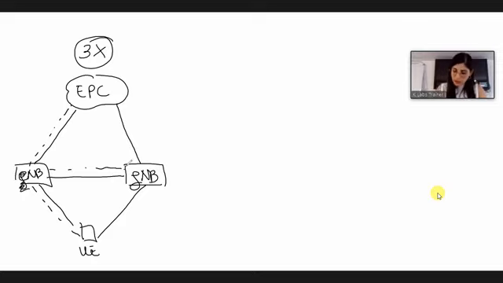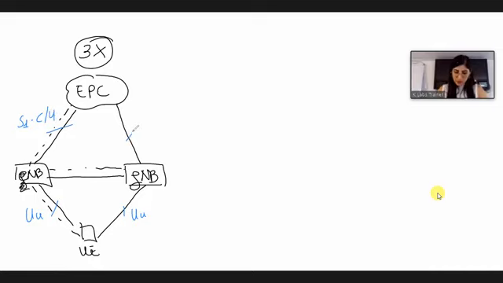So if we talk about interfaces, which are the interfaces? The interface between the user equipment and the base station is still the Uu interface, the air interface. Then the interface between our base stations and the core network is the S1 interface. But from the eNode B side, we have S1 for both control plane and user plane.